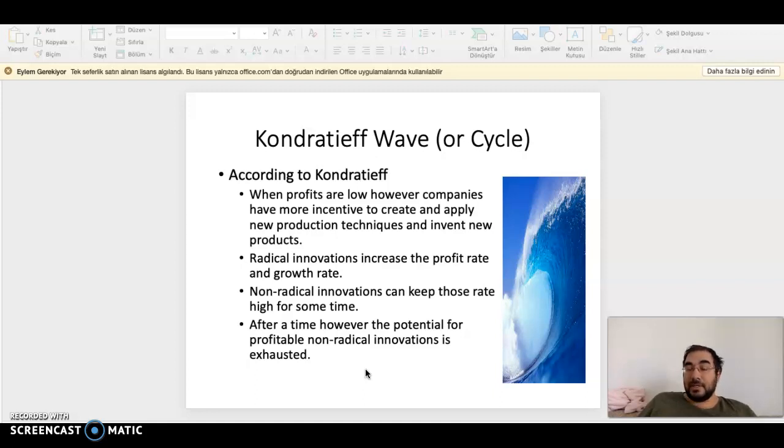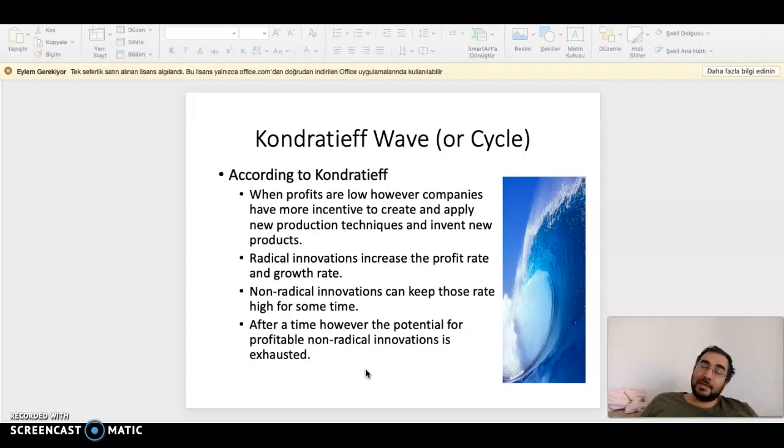Although, as you will see, according to Marx, usually the new products are byproducts of developments in the production process, or of innovations that were made to fulfill the needs of the production process. But anyway, these radical innovations actually create an era, a period of new expansion, and the economy improves. The economy improves, and as a result, the profit rates get high,